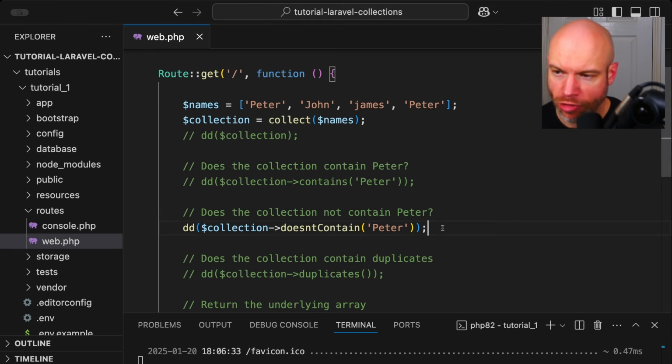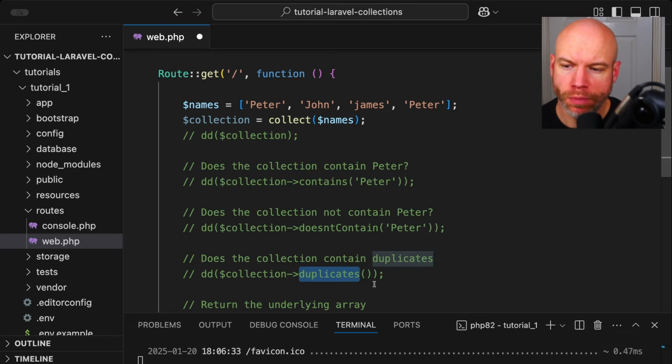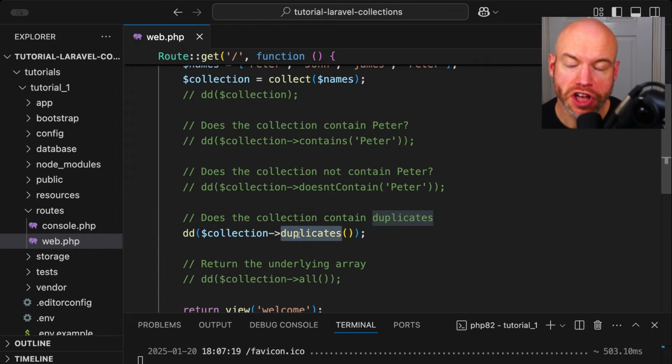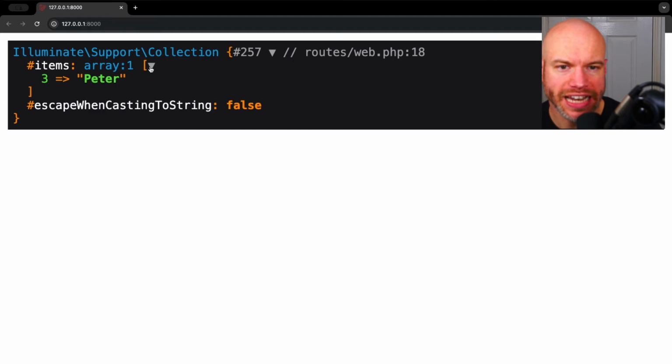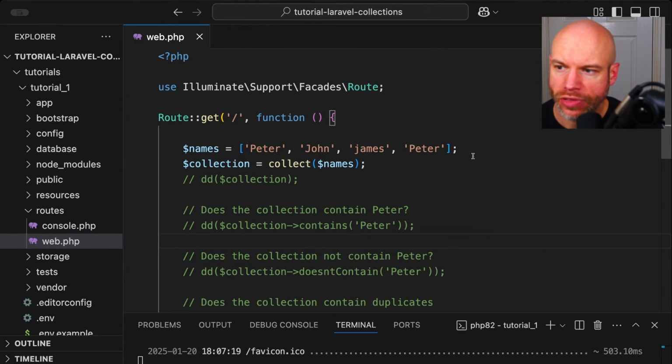Another method that is incredibly useful is the duplicates method. And this will return an array of those duplicates. We have a single element within our array of Peter. And what is really good about this is we also have the index that has the duplicate, which in this case is 3. And if we go back to the code, we can see that this is 0, index 1,